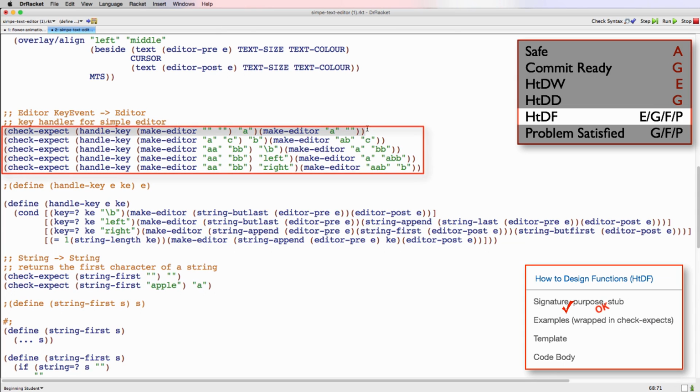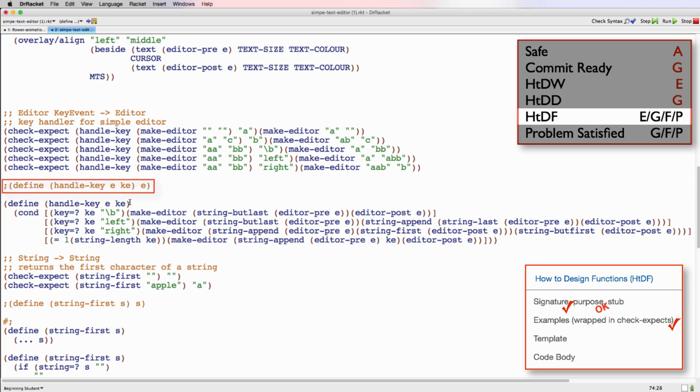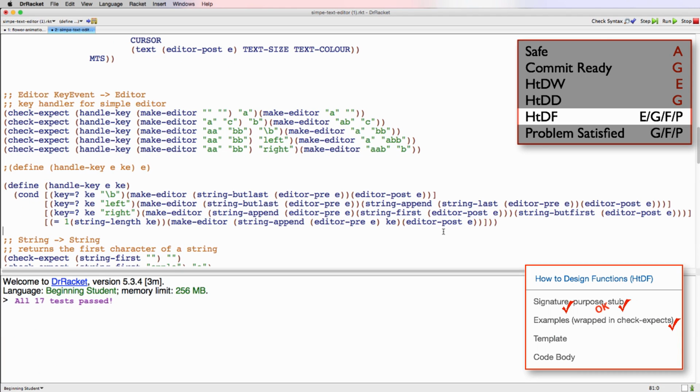And next we have a bunch of check-expects. So we have some testing different letters. We have backspace, left, and right. We have a stub here, and then here is our function. This looks well formed, and if we run it, all those tests passed, but actually I think we're missing